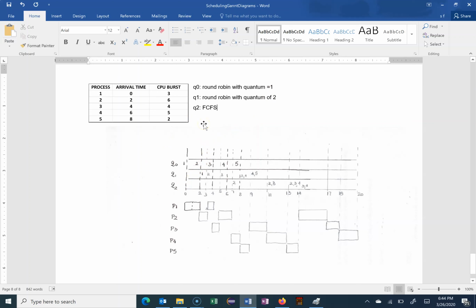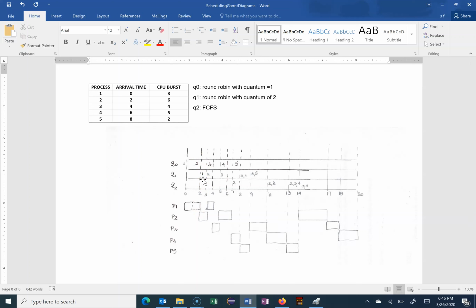No, it doesn't make sense. So process 1 executes until process 2 arrives. Now process 1 is going to be preempted and it moves into the lower priority queue,